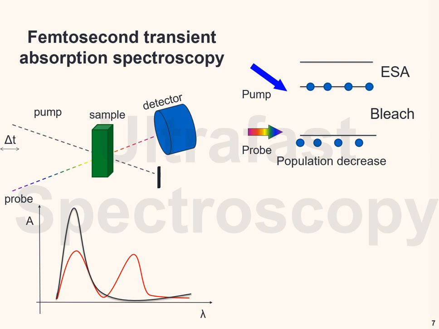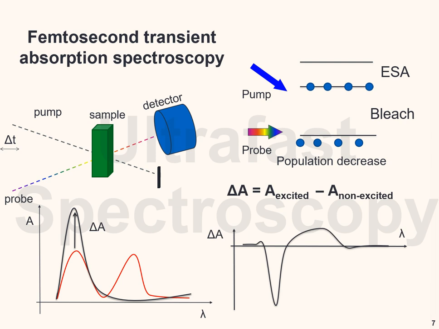However, we're creating a second channel between the two different excited states. That's why we have a second peak, as I plotted in the red curve. Then we can plot the differential absorbance before and after excitation versus the wavelength. We can get a very typical transient absorption spectrum. For example, the negative peak we call ground state bleach, because it monitors the transition between the excited state and ground state. The positive peak I call excited state absorption, because that's the transition between two different excited states.